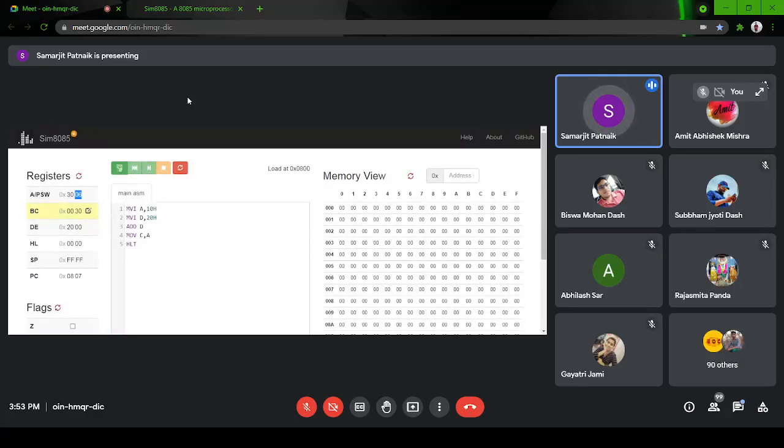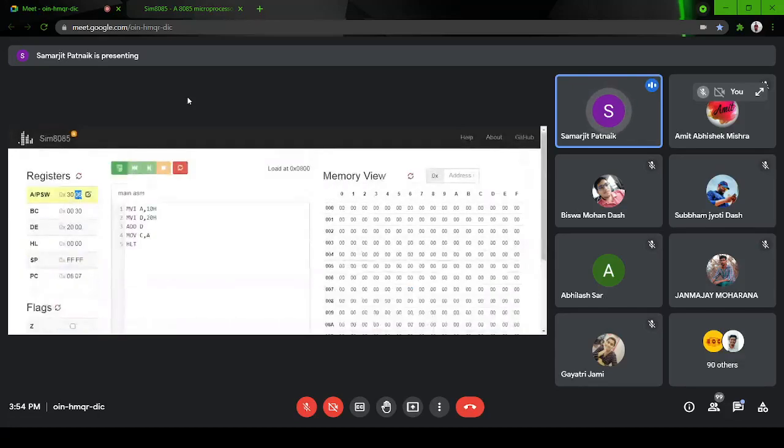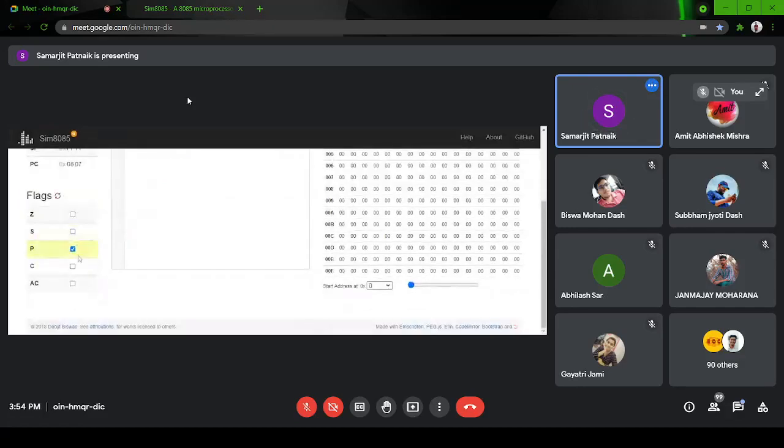So it will be 00000110, right? Then draw these flags so you can see the final result. So this parity flag is only active, so you can compare. That is the content of flag register as a bit, a total 8-bit 06. Getting my point? Yes, sir.